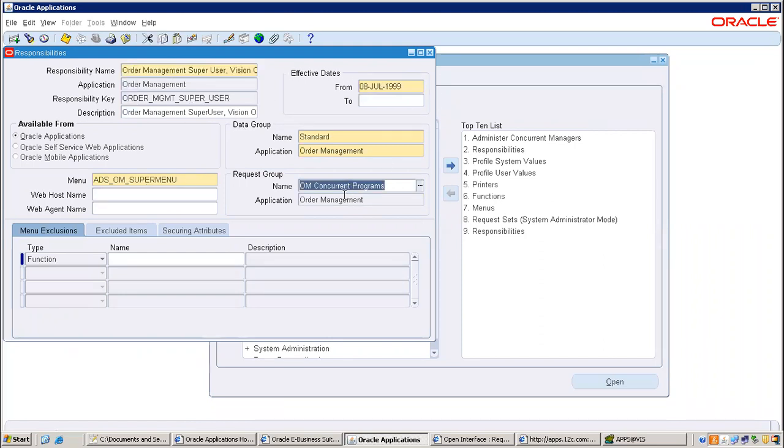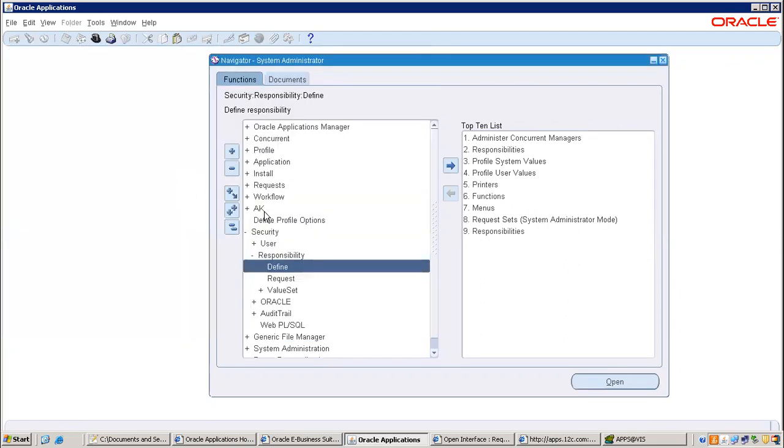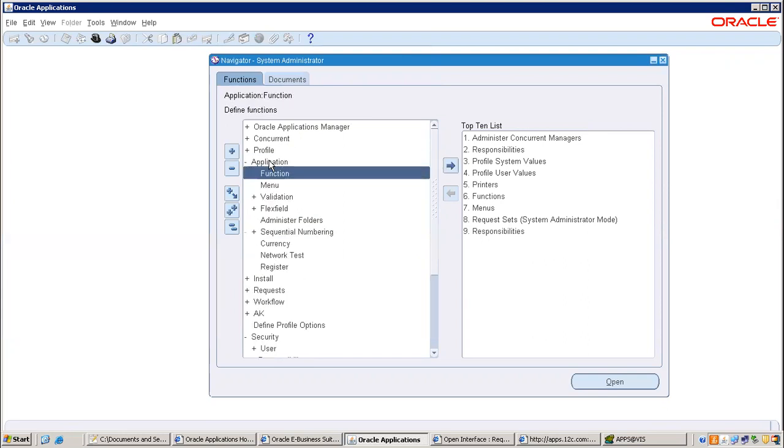Okay, this is the menu. So from order management, whatever functions you are accessing, order entry, booking, pick, release, everything is because of this menu only. So just check the menu. Here also you can check the menu, not only application developer, application and then menu.